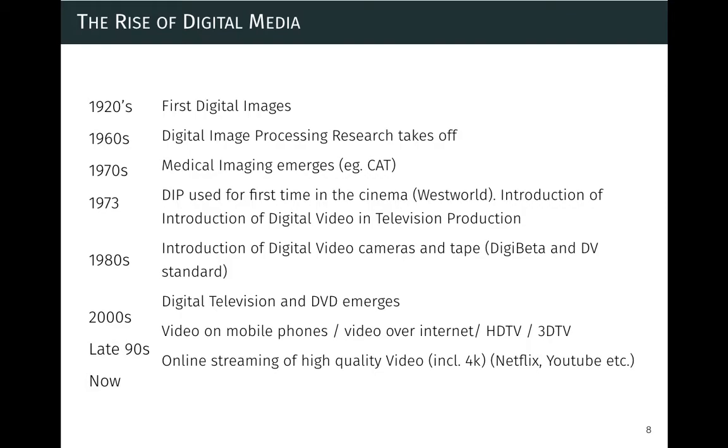Right, so historically, the first case of digital images was in the 20s, okay? So it's quite a while back, and the first case of using digital image processing in cinema, for instance, for post-production was actually in 73 with this movie called Westworld. And then closer to us in the 80s, there is this big war between digital beta and VHS and so on to know how you can save